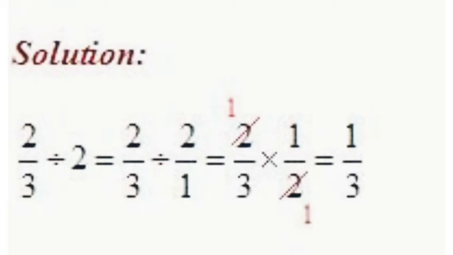Now, in the division, what we need to do is, the second fraction has to be converted into its reciprocal and the division sign has to change into multiplication. So, we get 2 by 3 multiplied by 1 by 2. We can simplify the numerator and denominator here. Just cut: 2 ones are 2, 2 ones are 2. So what is left in the numerator is 1 into 1, which is 1, and in the denominator you have 3 into 1, which is equal to 3. So your final answer will be 1 by 3.